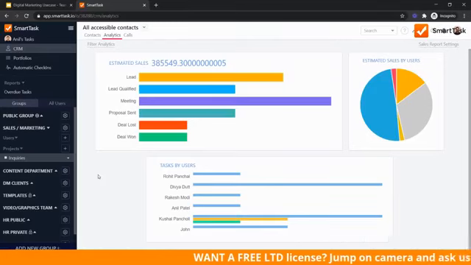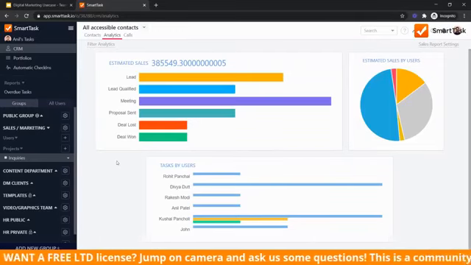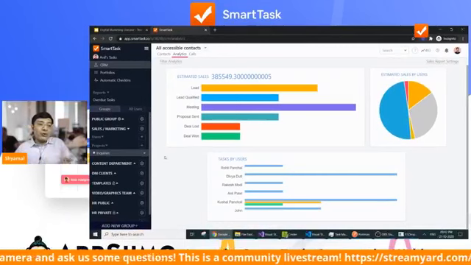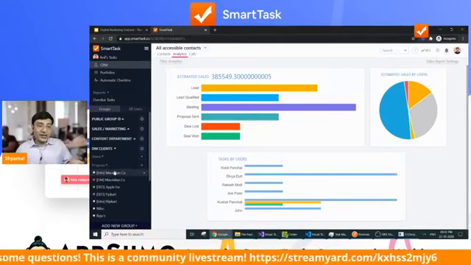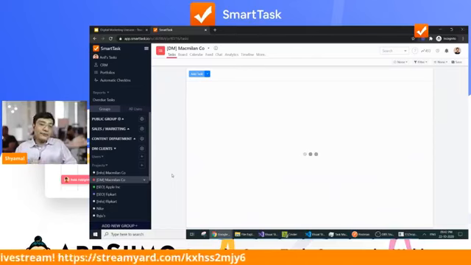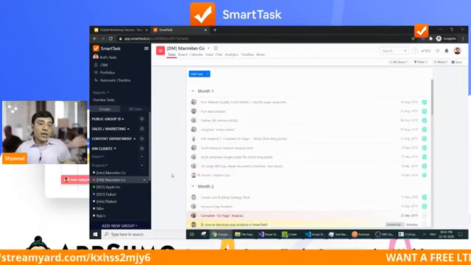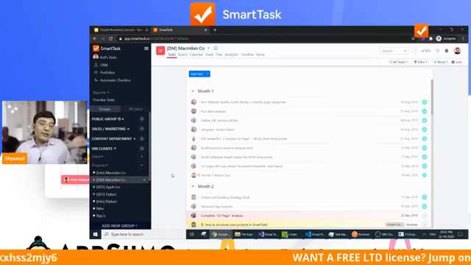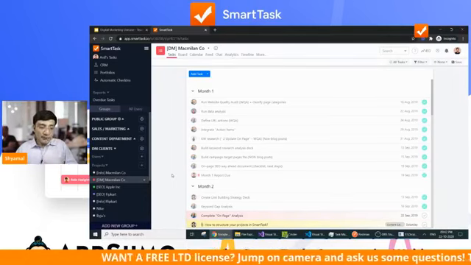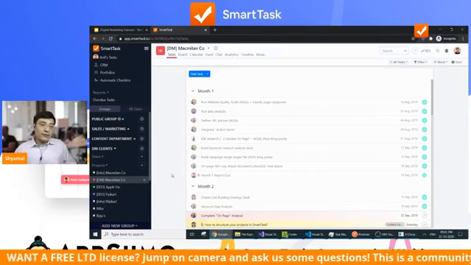Now, let's say an inquiry is cracked and the deal is won. In that case, what you'll be doing is moving that client to a client's project. So typically, let's say you have a digital marketing workflow for a particular client. Most of the time, digital marketing agencies work month on month. So you bill by month. Whatever work gets done in the month, you bill for it.